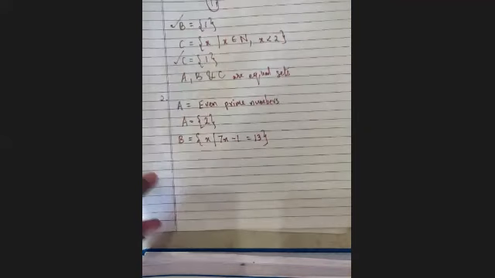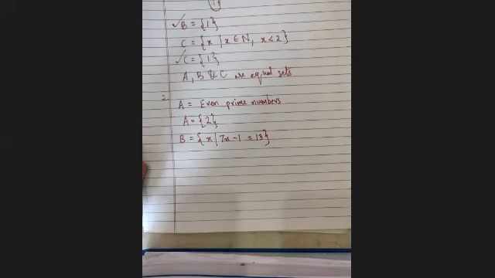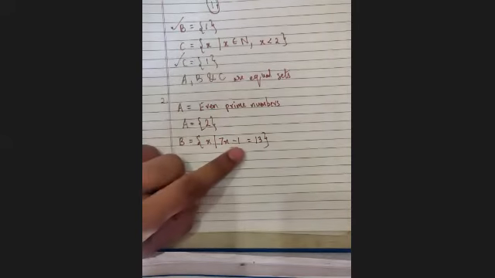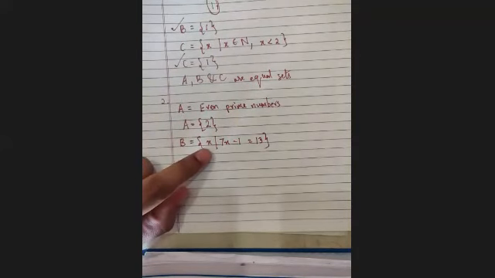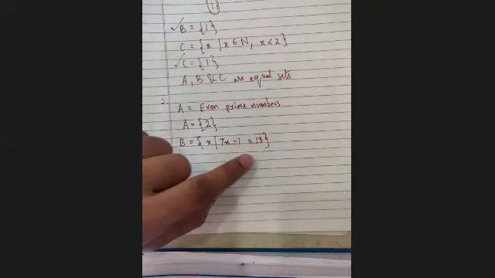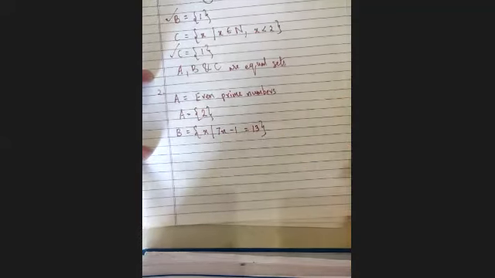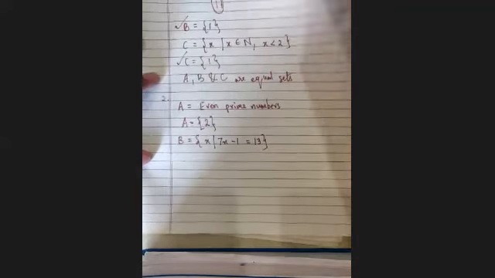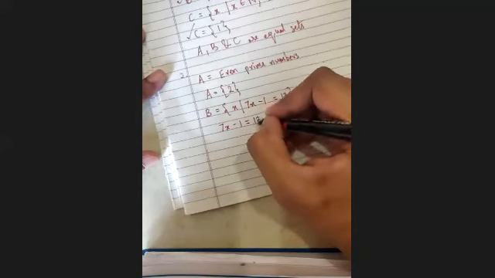Okay, can you read this? B is a set of all x such that 7x minus 1 is equal to 13. ठीक है, हम लोग को b के अंदर x का वैल्यू लिखना है, करेक्ट? Yes, sir. आपको पता है x का वैल्यू क्या है? नहीं. बट इक्वेशन तो दिया है ना, तो इक्वेशन को सॉल्व करते हैं. मैं अलग से लेता हूँ इक्वेशन. 7x minus 1 is equal to 13.